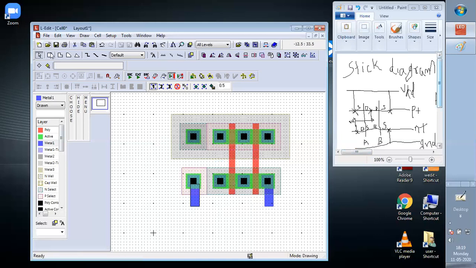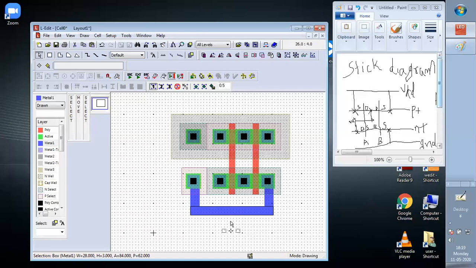So for this, we require to connect this also. And this minimum width is 3 lambda, it is mentioned. And there is no overlap here. The height is 2, so we have to increase this height to 3.